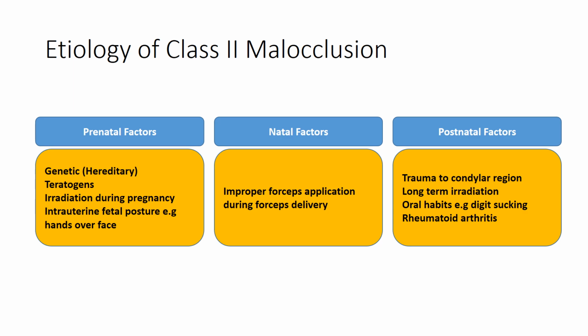Now, what is the etiology of a class 2 malocclusion? You can broadly divide the factors into three groups: prenatal factors, natal factors and postnatal factors. Prenatal factors can be genetic or hereditary factors, the action of teratogens, irradiation during pregnancy, and intrauterine fetal position, for example if the hands of the fetus lie over the face, that may